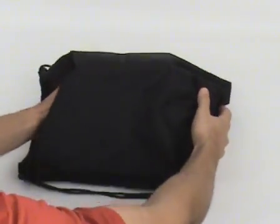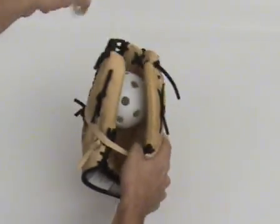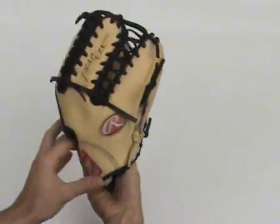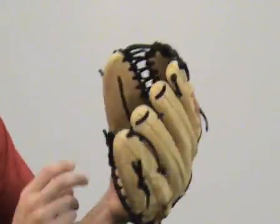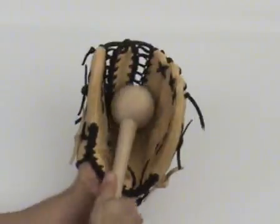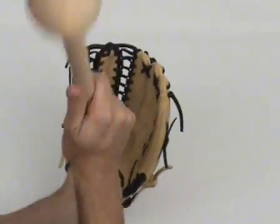The next step in this process is to play catch with your glove. The glove is once again sat overnight, and when you remove the shaping ball and bands, you will find that a good pocket is formed. You should now be able to play catch with it fairly easily. Do this for about 5 to 10 minutes, concentrating on catching the ball in the pocket. The pocket is the most important part of the glove, so you want to make sure it gets broken in properly. We also recommend that you continue using the mallet once a day until you are satisfied with the way